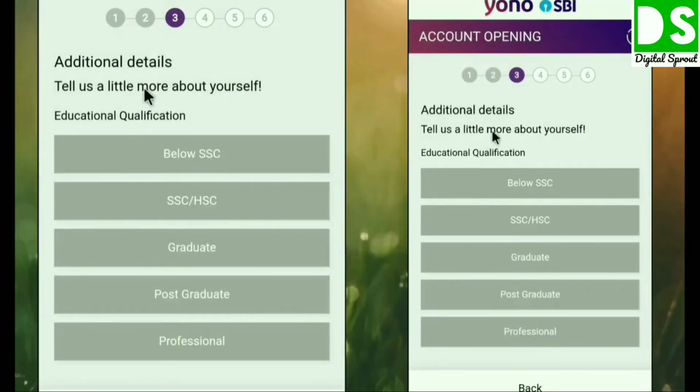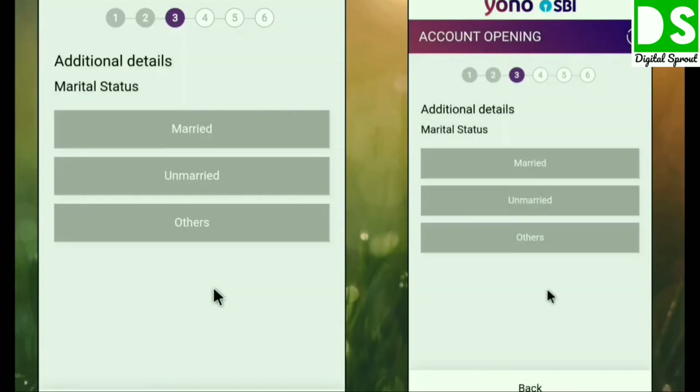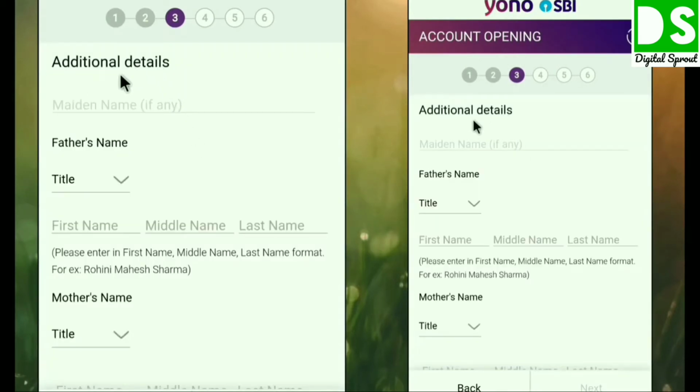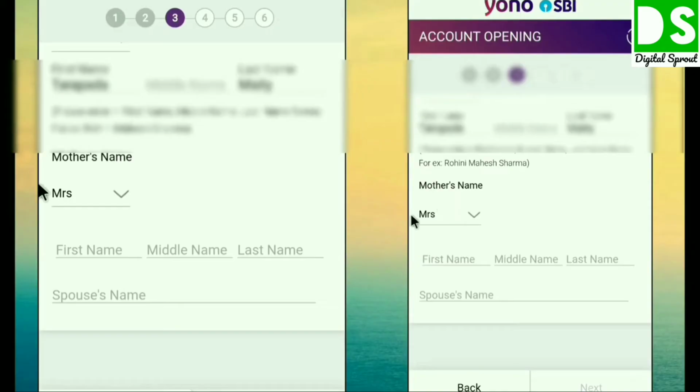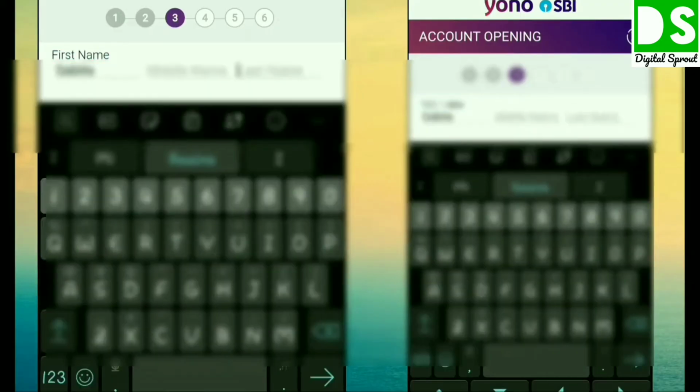Now additional details you have to fill in here. Tell us a little more about yourself: educational qualification, postgraduate. Now additional details, marital status. Then additional details you have to fill: maiden name if any, father's name. If there is no middle name, then leave it. Now mother's name, first name, last name.